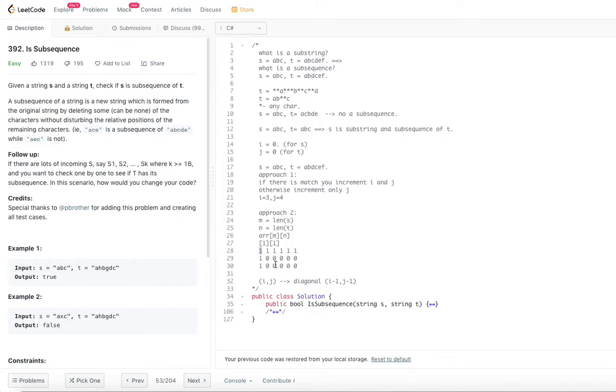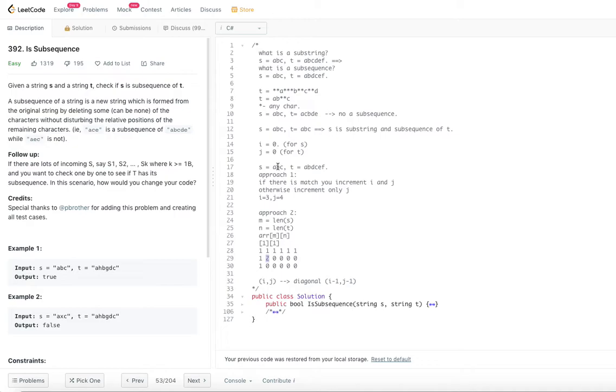So what you are going to do is simply add 1 to it and put the result there. That is if there is a match, right. If there is a match, in this particular case S of 1 and T of 1, there is a match, B and B, right. In that particular case, whatever you have at the diagonal position, just get that, copy it and add 1 to it.